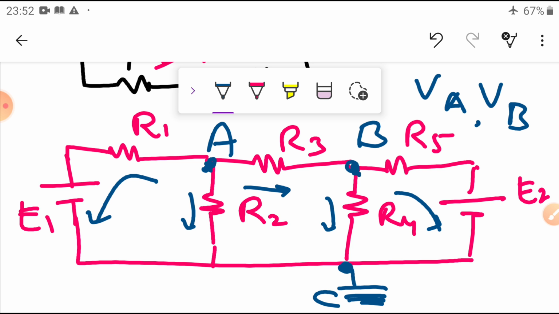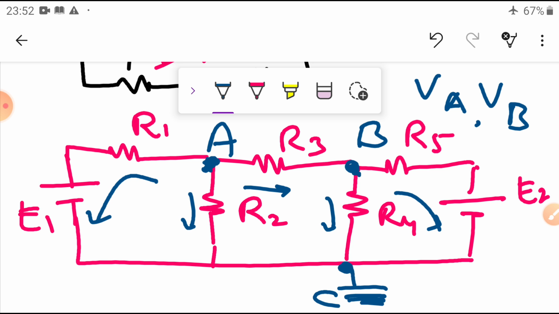Here, this is one branch, and the same current is flowing. So what is the KCL? The sum of the currents entering equals the sum of the currents leaving. Same here, B is where the sum of the current leaving and entering applies, and C is another node. Now this one node is forcefully made a reference. With reference to this node, what is the current